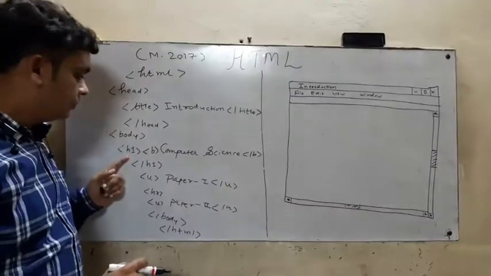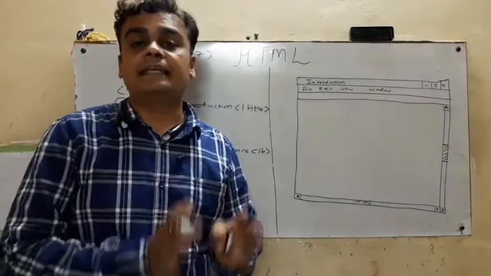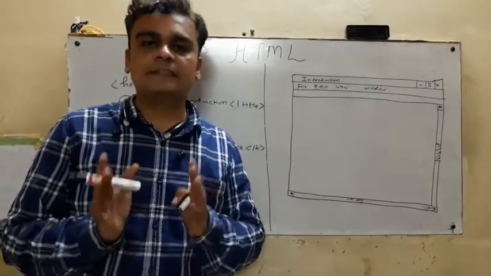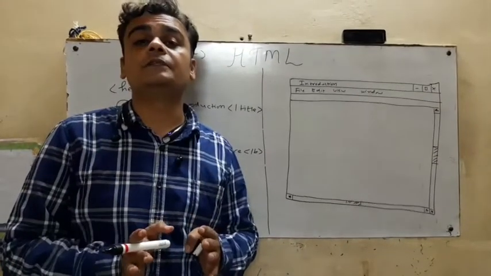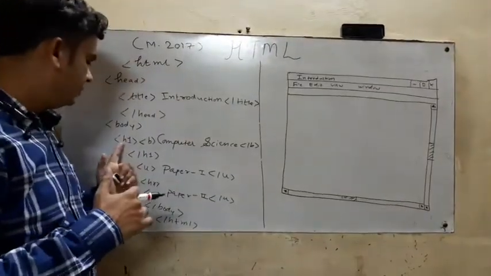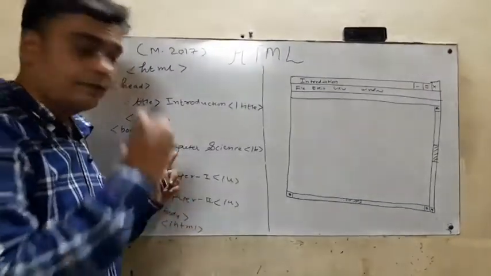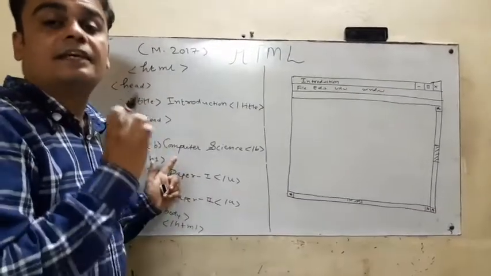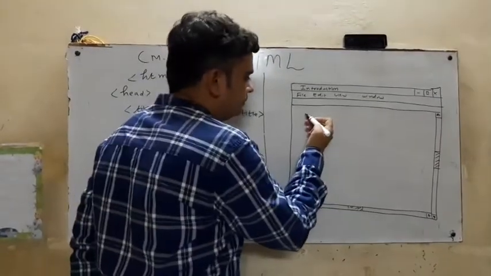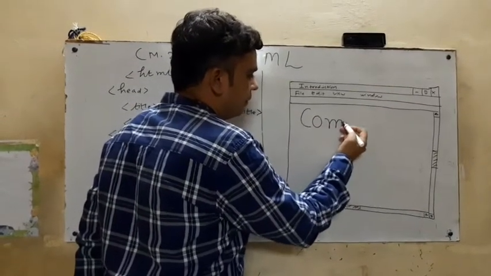In the body section, they used the H1 tag, and we know that this is the biggest font size text among the heading tags. We studied 6 different heading tags, and out of these, the H1 tag is used to display text with the largest font size. They also used the B tag, meaning the information is displayed with large font size as well as in bold form. And what is that text? Computer Science. So I will display this Computer Science in this format.